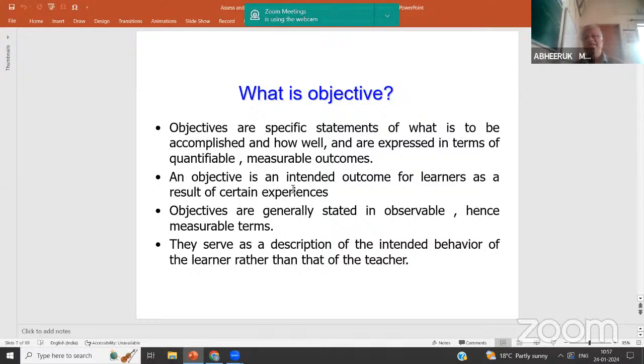Can anybody tell what is learning outcome or learning objective or instructional objective? Learning outcome will be something that the student will be able to do after studying a particular topic. Very good. Here I will spend just a few slides on this to clarify it, because sometimes we use this term